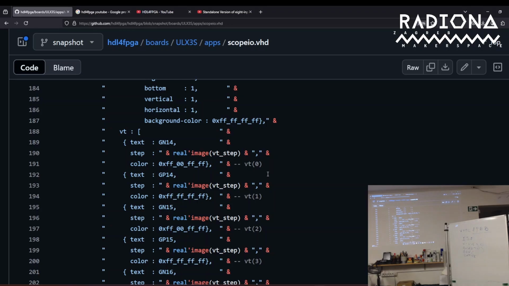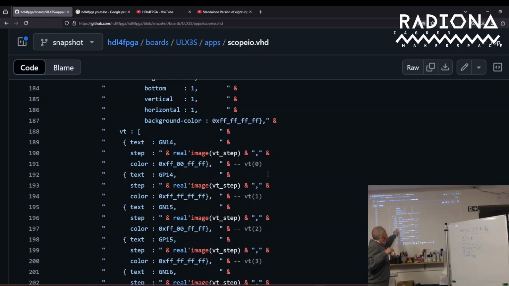VHDL requires that the vector must be fixed, and also that this structure is always the same. So for example, suppose that I don't want to define a color here, so I don't need to add it. When I look for this, they will tell me that it's null, and then I will show you how I can